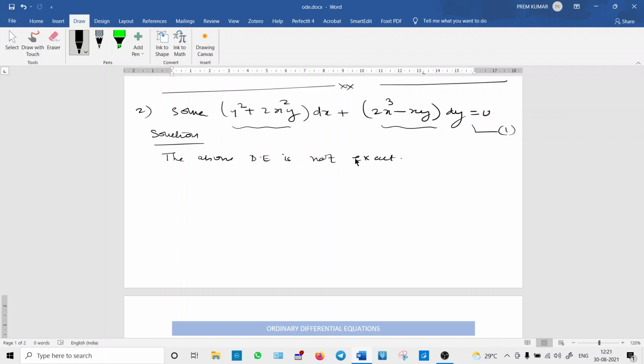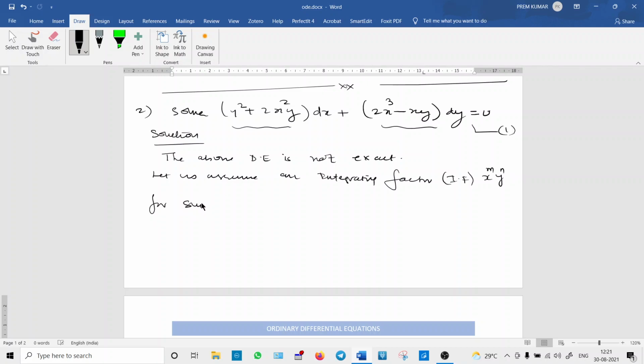Now what we are going to do is find the integrating factor. So let us assume an integrating factor, in short form we call it IF. We simply assume, suppose this is my integrating factor: x power of m into y power of n,